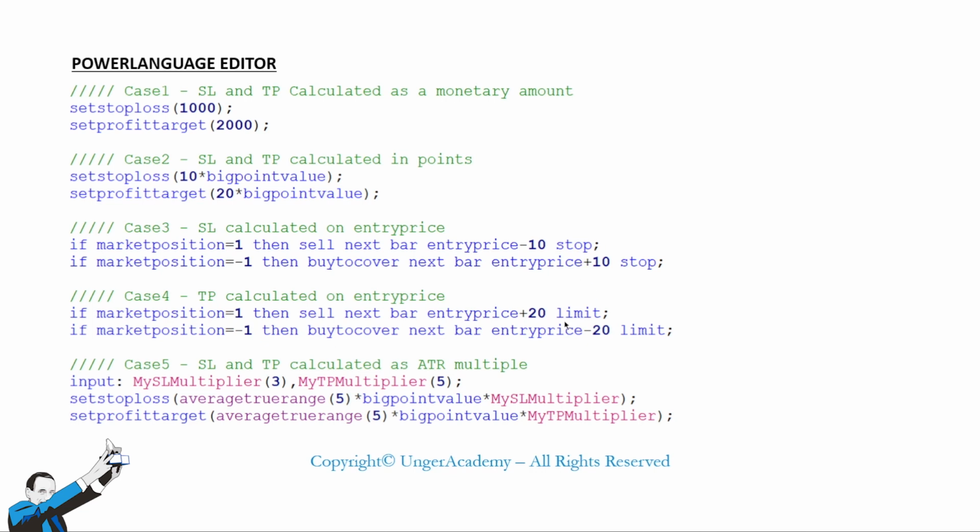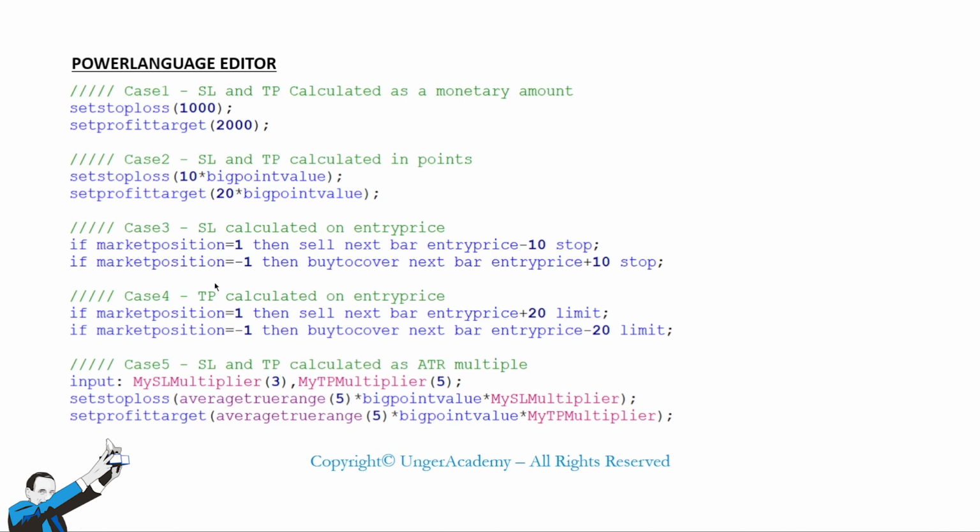Instead of stop orders, we'll use limit orders, because in this case, for the take profit, we'll place an order at a level that is more convenient, you could say, than the current level. So the moment we're long, we'll obviously want to sell at a profit. That is to say, at a higher price than our entry price. And so we'll place a limit order at the entry price level plus 20 points. On the short side, on the other hand, we're going to do the opposite. So we're going to buy at the next bar with a limit order at the entry price level minus 20 points. Because in this case, the market has to go down for us to make a profit.